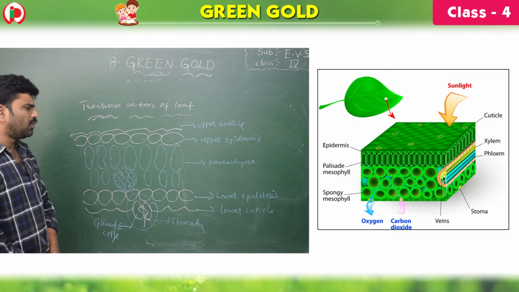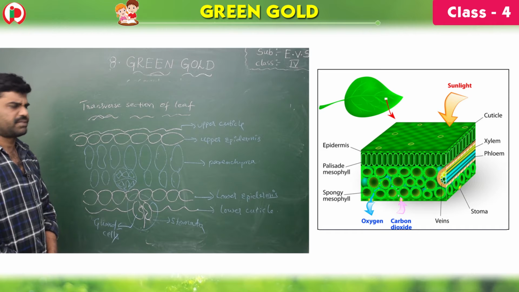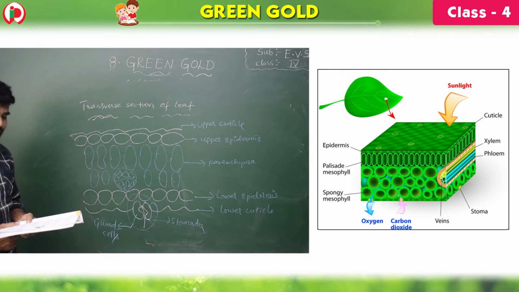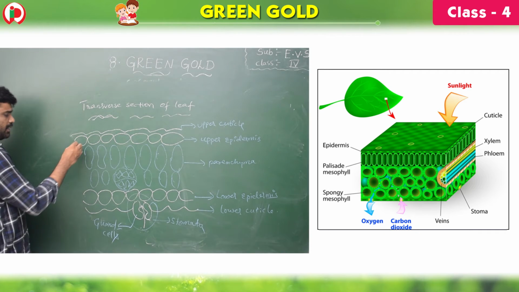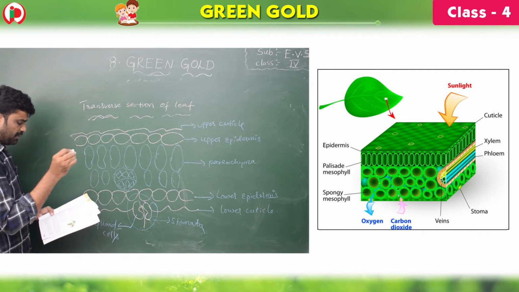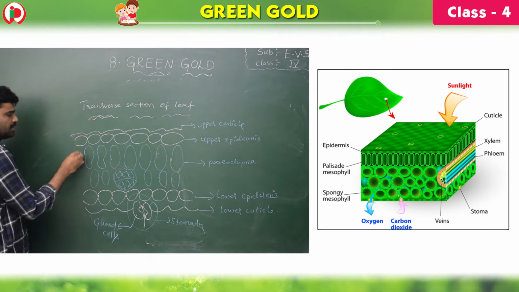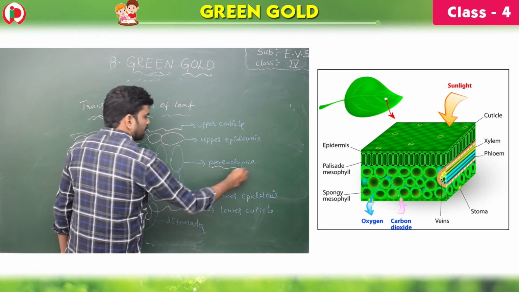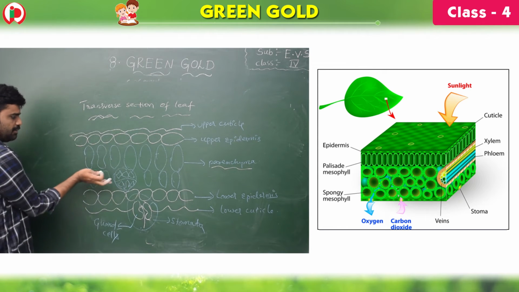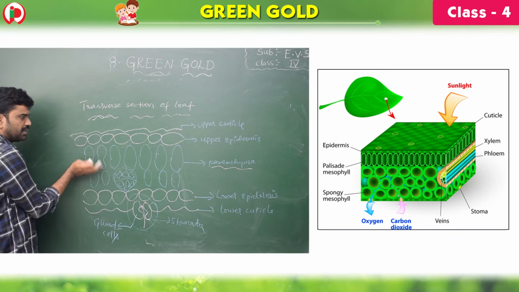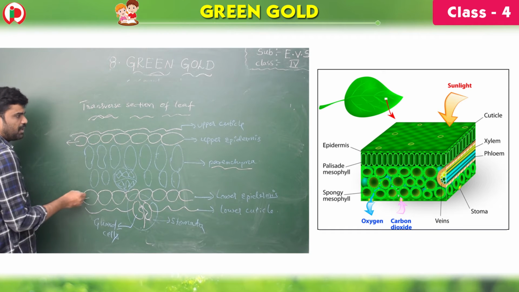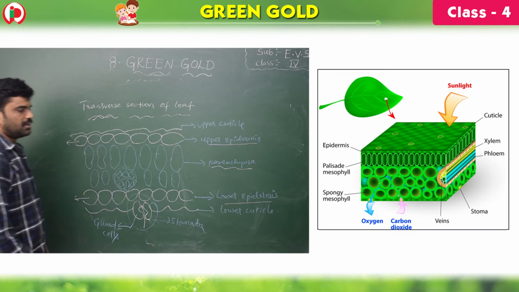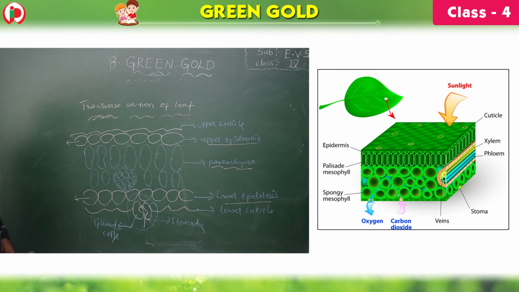Children, now see how the leaf cells are arranged. The leaf is made up of many layers that are sandwiched between two layers of tough skin cells called the epidermis. These are the cells of the leaf, a tissue called parenchyma. These leaf cells are sandwiched between the upper epidermis and the lower epidermis.